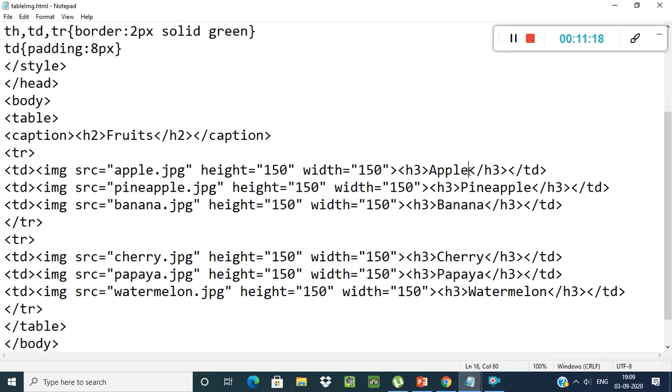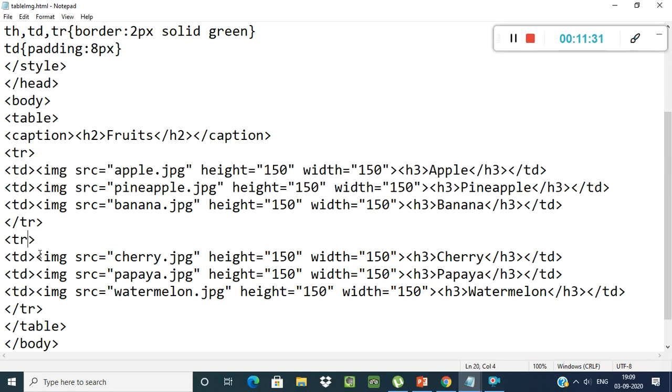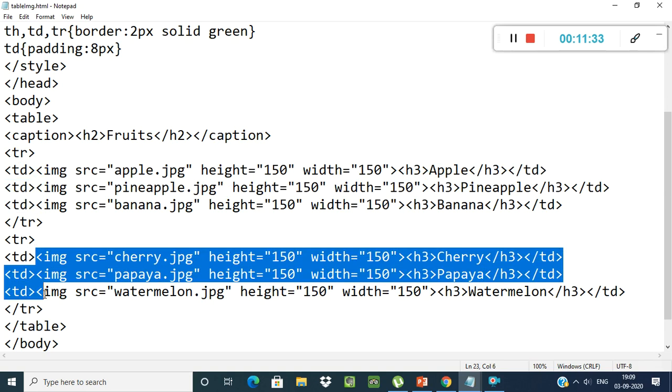Now likewise I will create these images. This is my first row, and in the first row I will create 3 columns. In my second row I will again create 3 columns. Understood all of you?